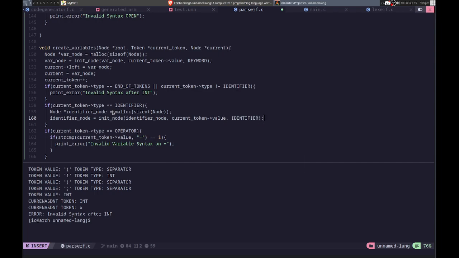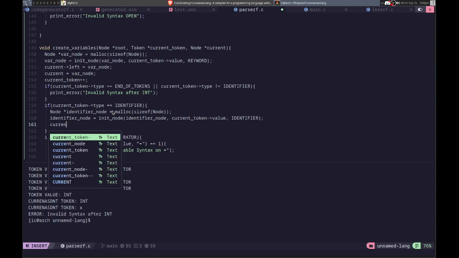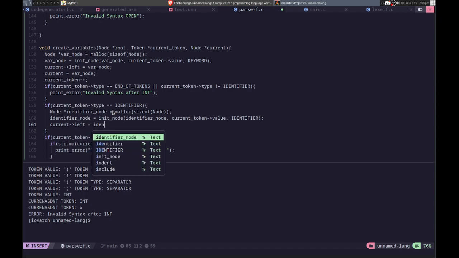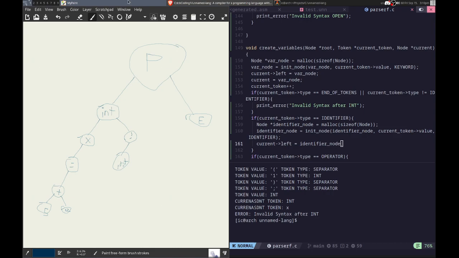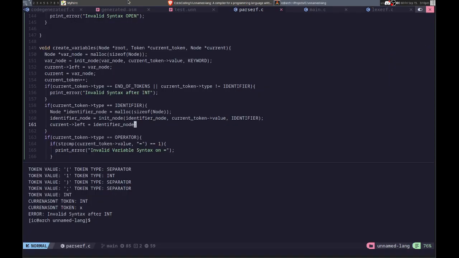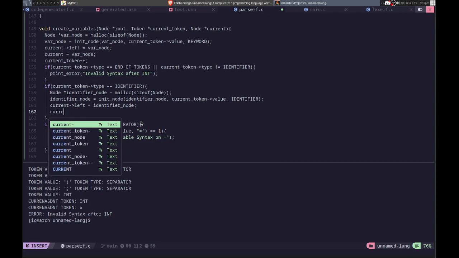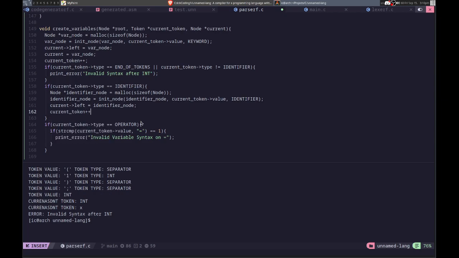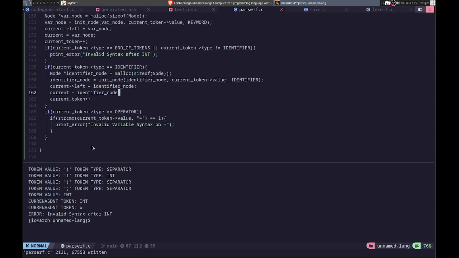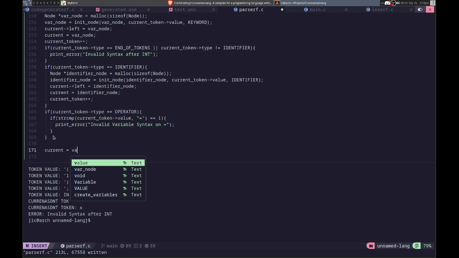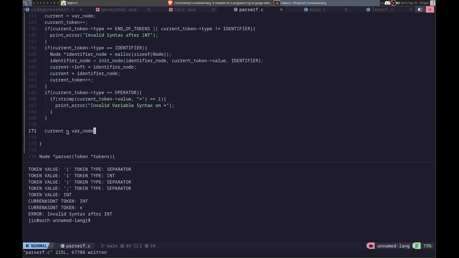Okay. Yeah, and then let's do current left equals identifier, because then we're setting that. Okay. We can do current token. We can set current equal to identifier. But then after we run through this, we want to set current equal to variable node at the end, because then we're going to set